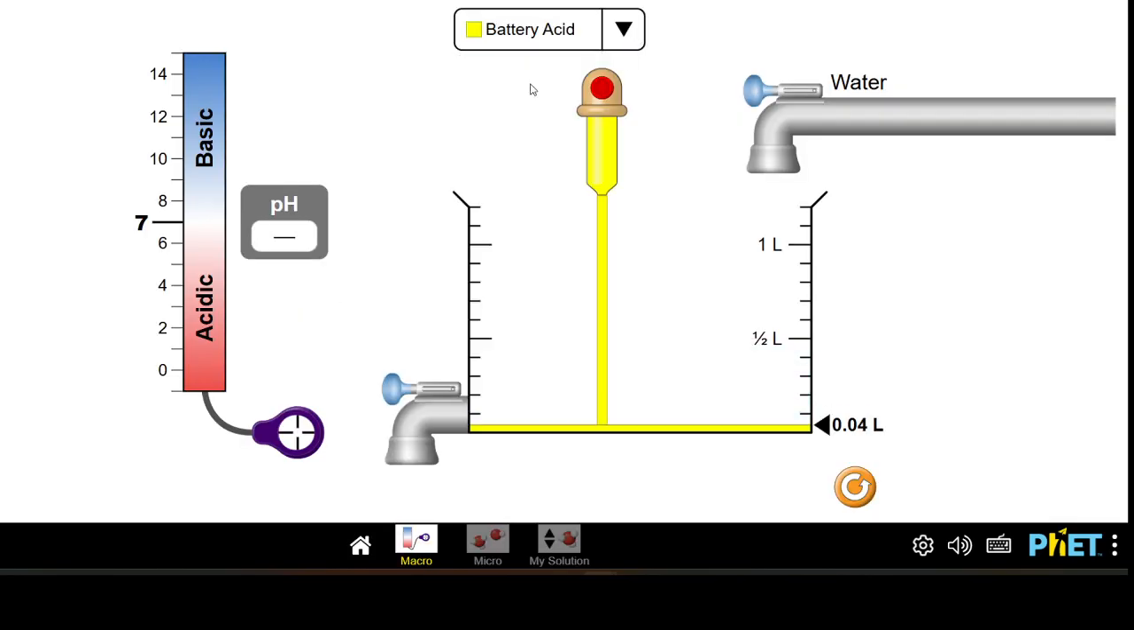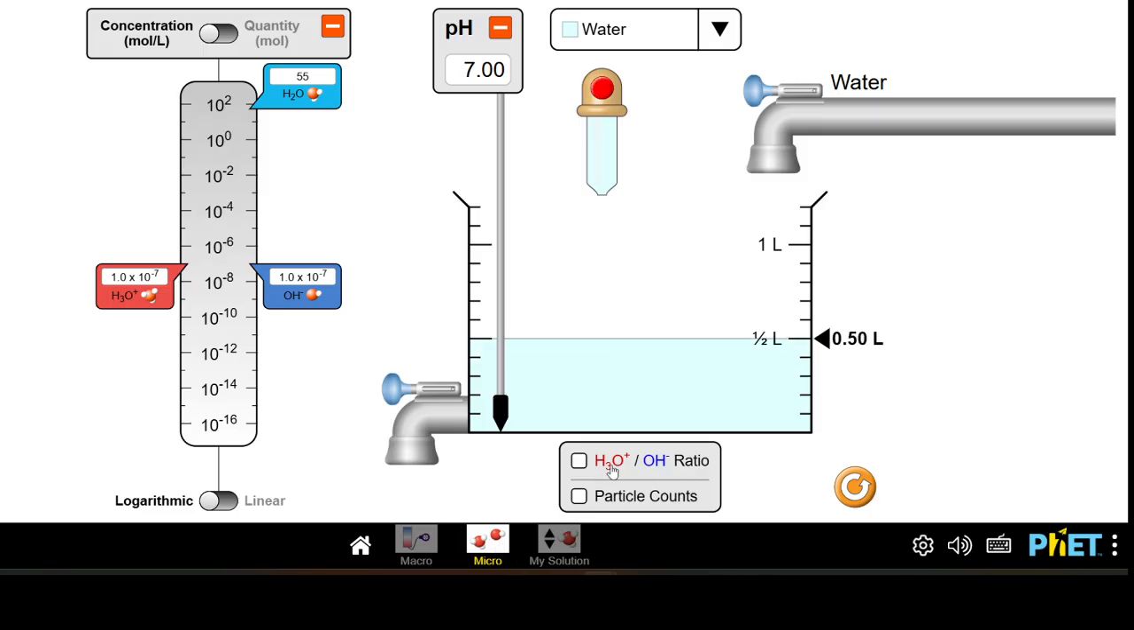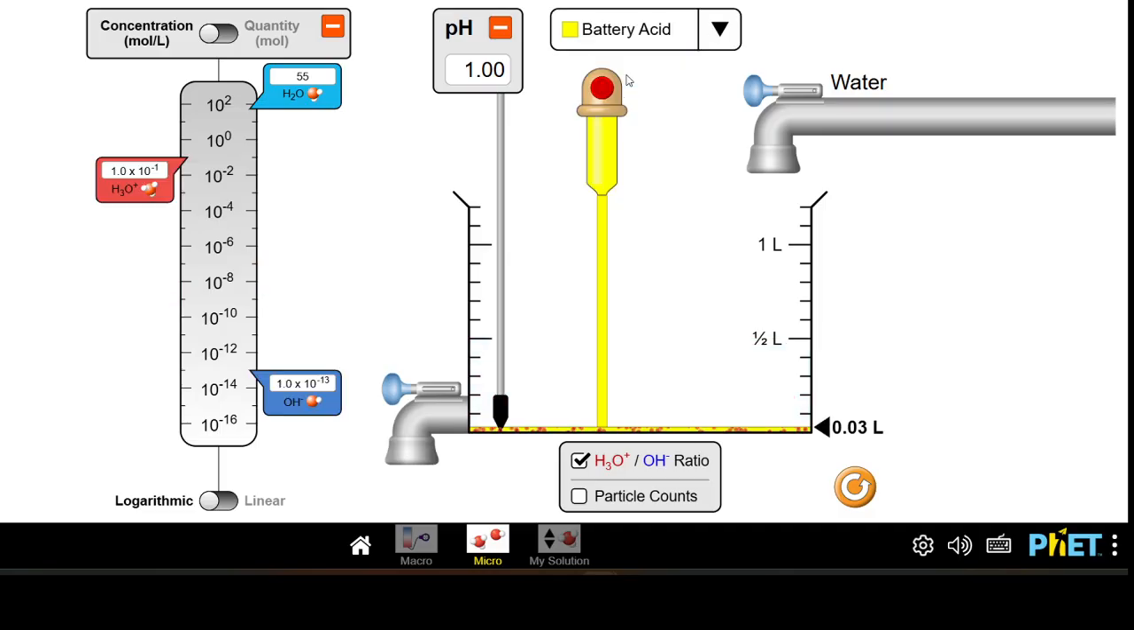If I just, you don't even have to drain out the water. We can just go ahead and click on the drop-down menu and change the material. So that's great. And if you wanted to take a look at the micro version, you can see how the hydronium and hydroxide ions look in there. Since it's water and it's an even pH, you have an even number of each of those types of ions, positive and negative. And if we have an acid, so let's say we go back to that battery acid,